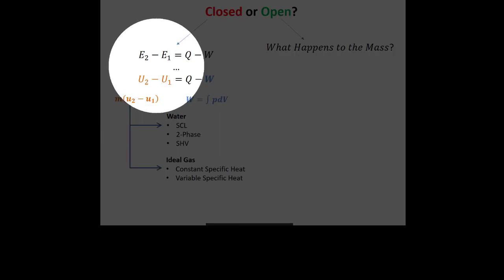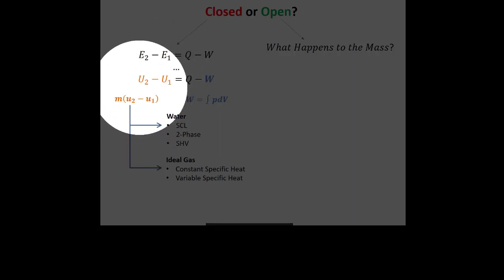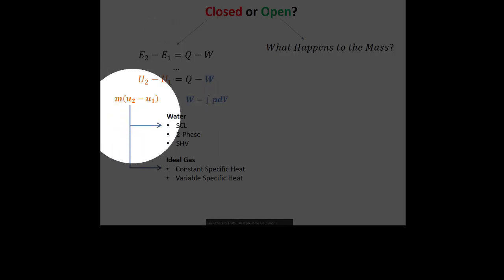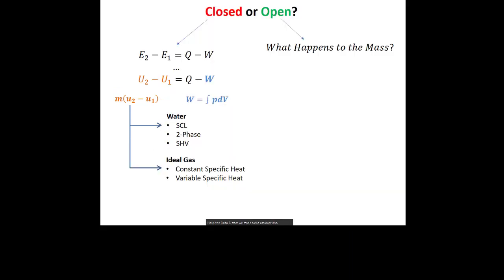The delta E, after we made some assumptions, became the change in internal energy, or mass times the change in specific internal energy. In order to figure out that little u term, we needed to figure out what the fluid was. Was it water or something like it, like a refrigerant, something that's going to move back and forth across the vapor dome where we have phase changes that are important? Or is it going to be something like an ideal gas? And we have different strategies for finding the different properties in both of those cases.